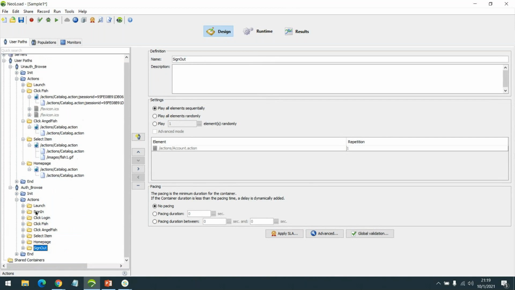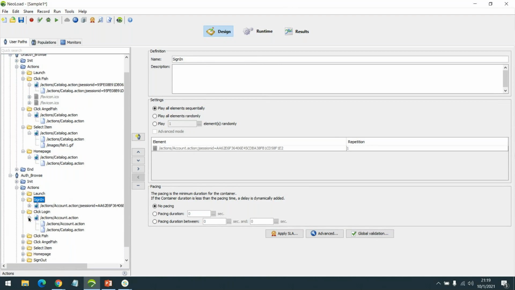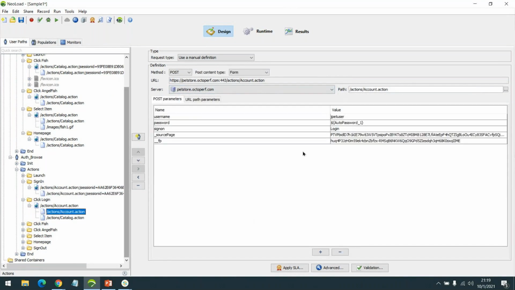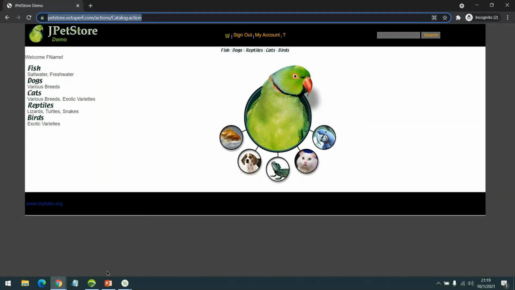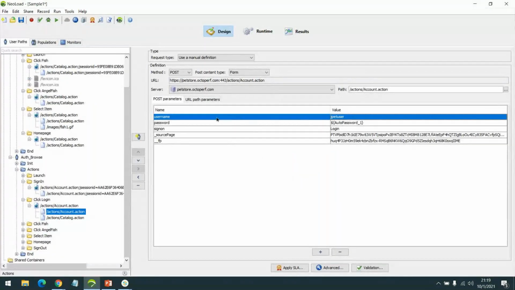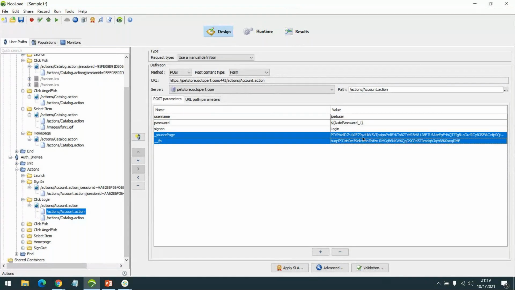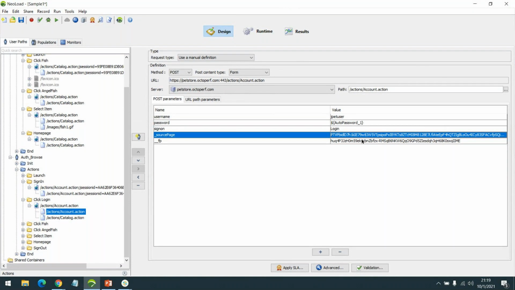Now we will look into these two transactions, which are extra. This is in sign in. There is nothing major getting passed. And here, click login. If we remember this part when we were logging in, we just gave only this information, that is username and password. Username jpetuser and password is also jpetuser we have sent, and there are two different values which are also getting passed along with these values.